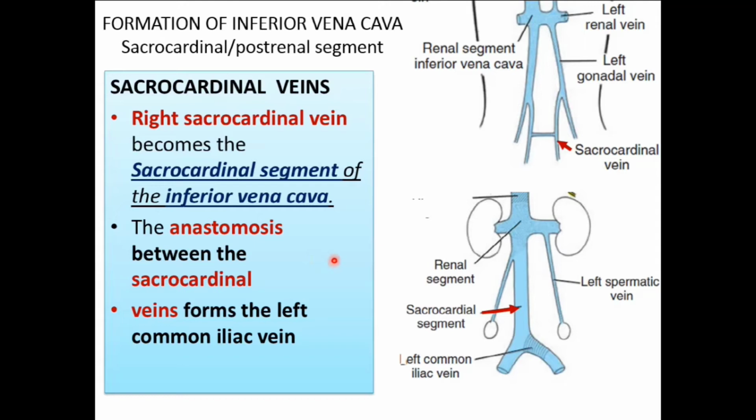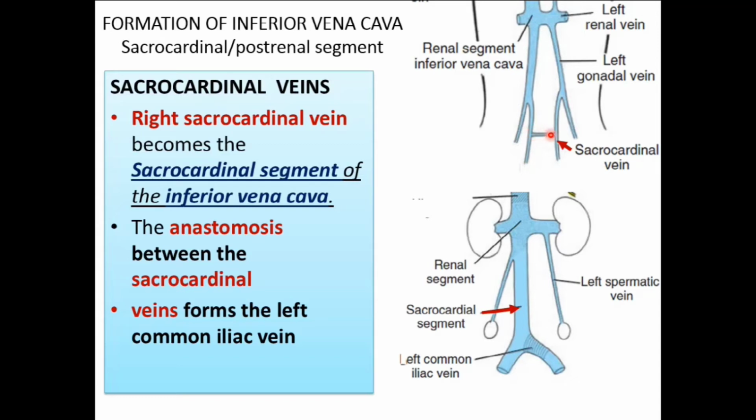So another set of veins, that is the sacrocardinal veins, are also present, and you can see that they are in communication with the subcardinal venous system, and again they have paired veins and an anastomosing channel in between, and the right sided sacrocardinal vein will give rise to the sacrocardinal segment of the inferior vena cava,